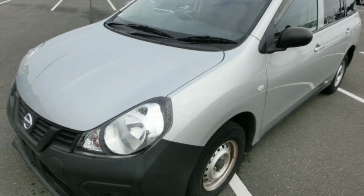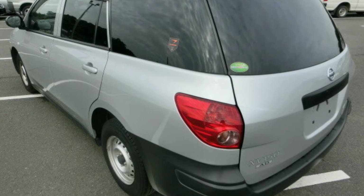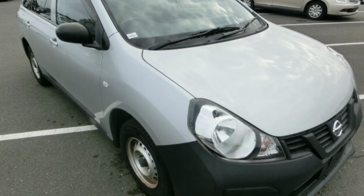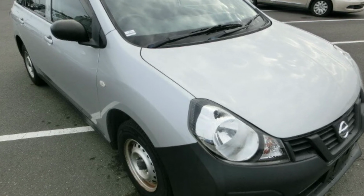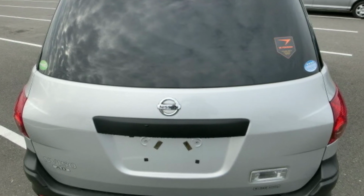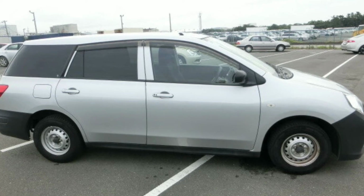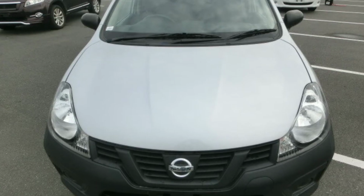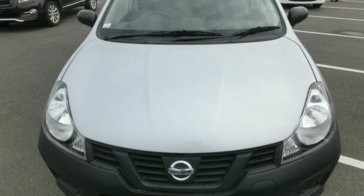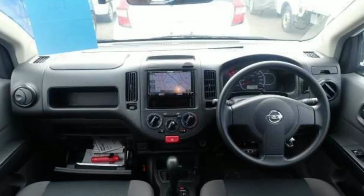Nissan Ad van. Nissan Ad van has gained great popularity among Jamaicans in recent years. It can be used as both a family car and for commercial use. It also comes with quite affordable pricing. The interior of the van is also very spacious due to its dimensions, and as the vehicle is used for commercial purposes,